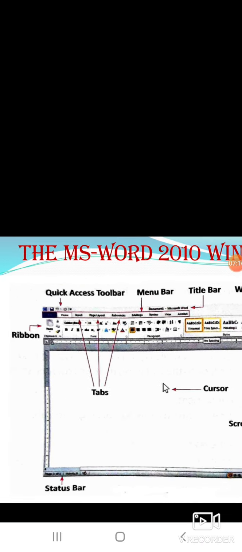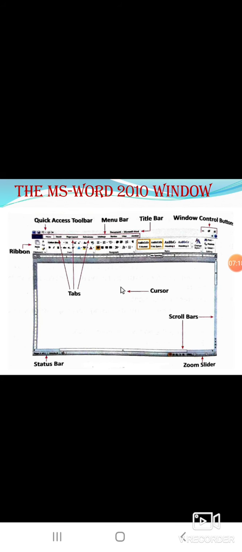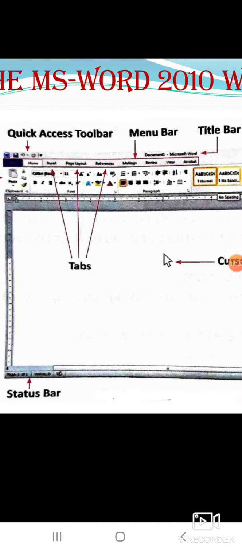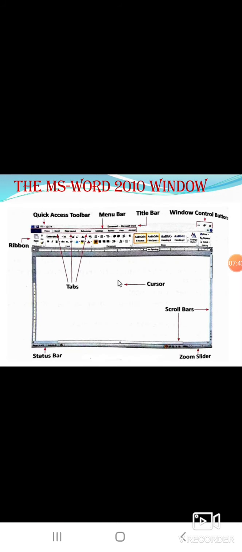Next is the ruler. The rulers are found below the ribbon and above the document window, and also on the left side. Next are the vertical and horizontal scroll bars.